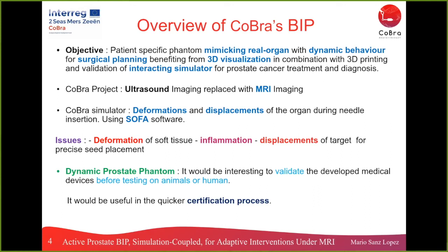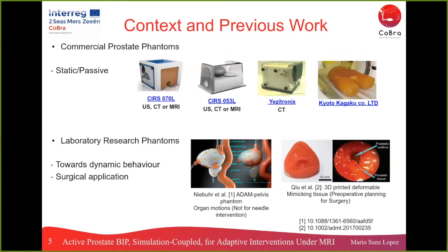And so there is an additional advantage: this phantom can be interesting to validate the accuracy of all the techniques that have been presented before, and it can be useful for a faster certification process, which is economically also a big advantage. So about the context, what exists nowadays, there are some static phantoms for prostate that exist that we can buy, or that are commercial,